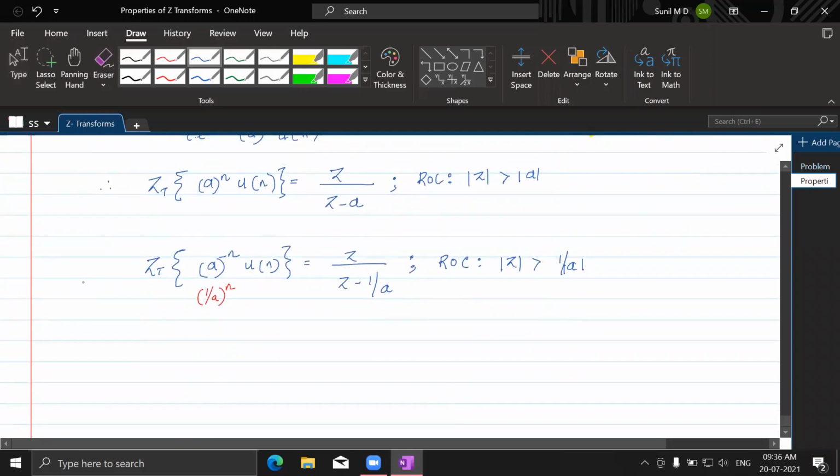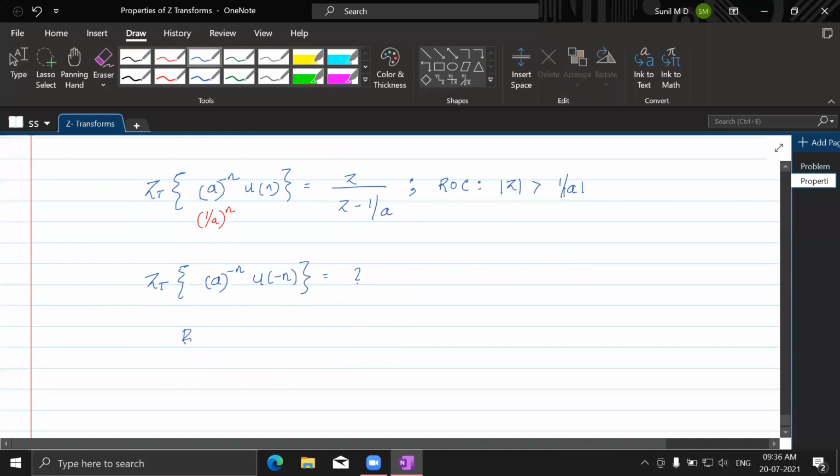So next I'll consider the Z transform of A power minus n u of minus n. So what would happen now? Now I'm negating the time. So it's time reversal. If it is time reversal, what should happen, do you think? What is the time reversal property? By the time reversal property,